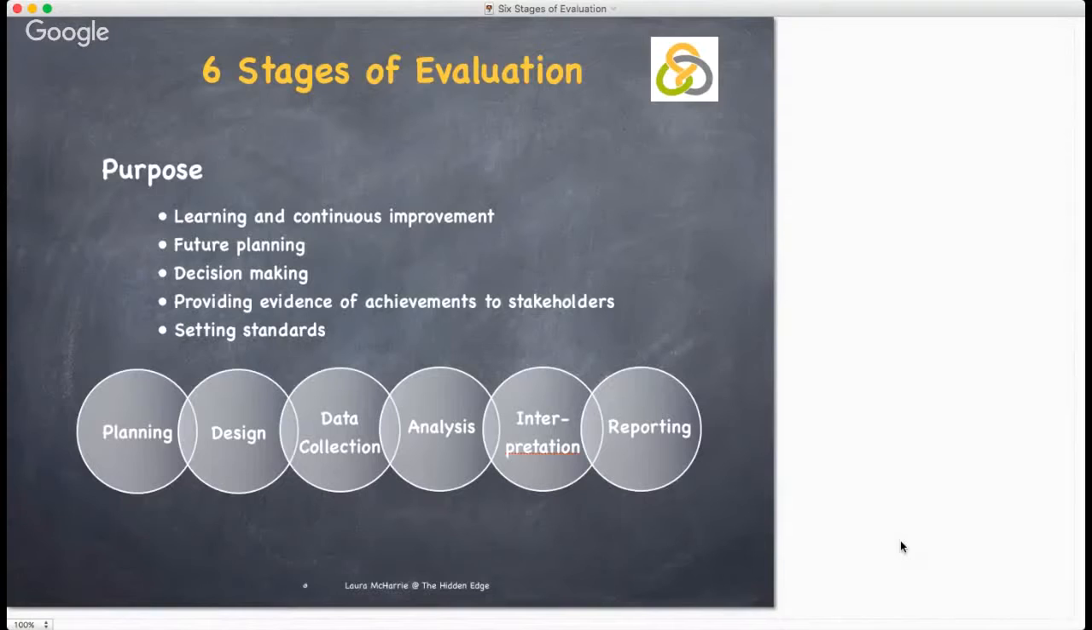The thing is, we need to identify what the purpose for the evaluation is. And in reality, the purpose of evaluation is about learning and continuous improvement. It's about future planning. It's about decision making and about providing evidence of achievements to stakeholders, for example. And it's about setting standards. So there are 5 key reasons for undertaking an evaluation of